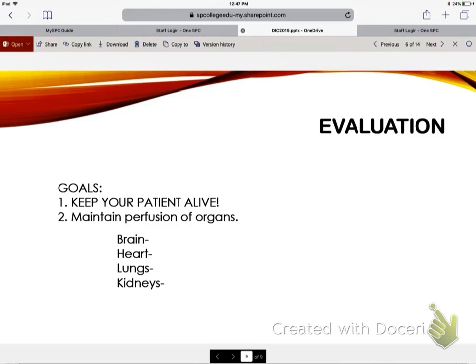So how are we going to monitor the perfusion of the brain? Level of consciousness, alert and oriented, right? What about the heart? Respiratory rate. Make sure they don't have any chest pain. Pulses. Lungs. Lung sounds, that they're breathing, right? Kidneys, that they're producing urine. Good. So, I mean, that is DIC in a nutshell. So, what we're going to do